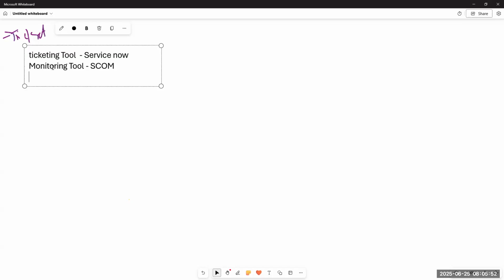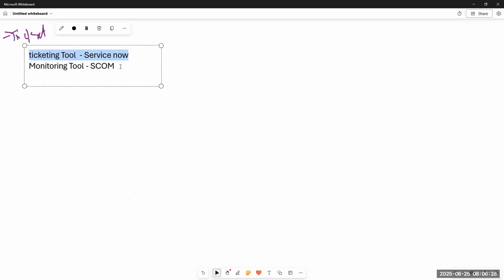This monitoring tool will monitor everything, like server goes down, SQL goes down, database goes down, something happening like log file full, data file full, disk full, tempdb full, jobs failing. We will set some thresholds and related jobs. If something happens, it will throw an alert. This alert will convert into a ticket in ServiceNow or BMC Remedy. Now this is the ticket we are going to work.